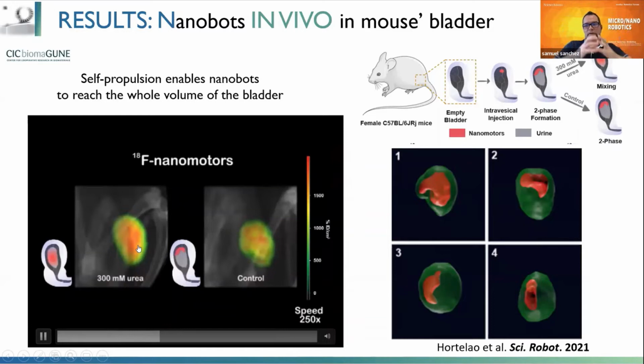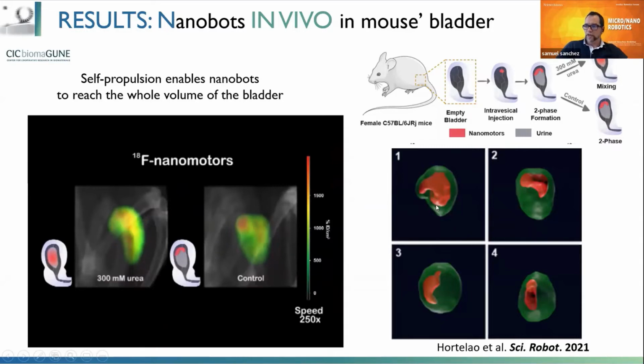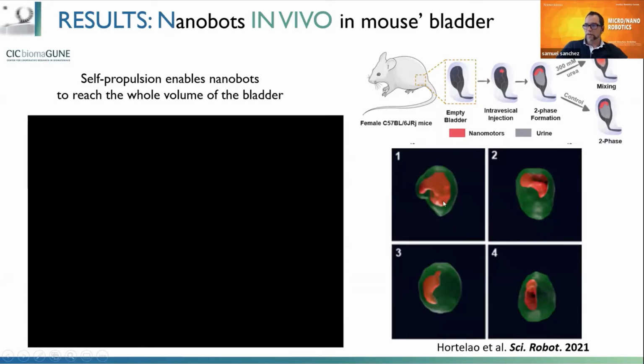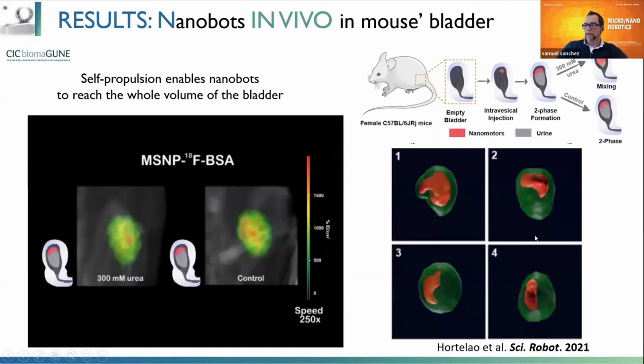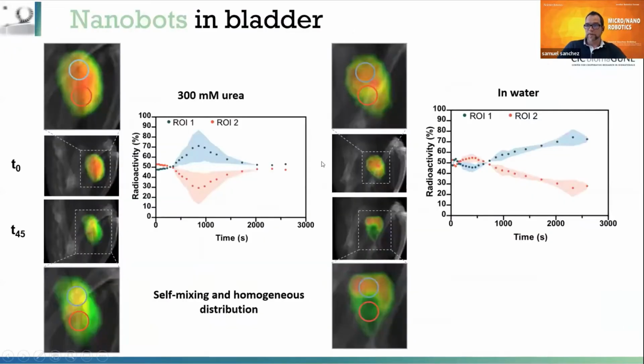You see the red cloud, this PET-CT imaging, PET imaging of these nanobots reaching the whole volume. And this is the CT reconstruction. The red is the area that is touched by the enzyme nanomotors. And then the other case is all the other controls where there's no urea or there's no enzyme, right? They just sediment. And this is the problem they have in the clinic, okay? The drug sediments, and they actually need to rotate the patient in order for the drug to reach the whole volume of the bladder. That's why the method is so inefficient. But in this case, we have a very efficient and very fast method.